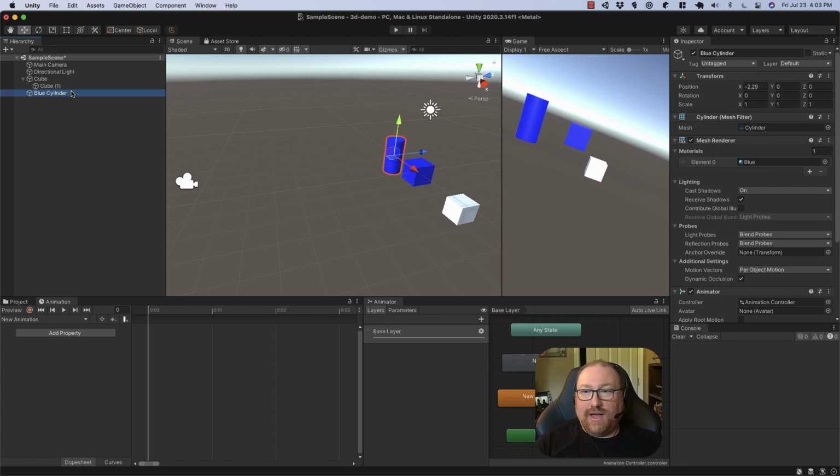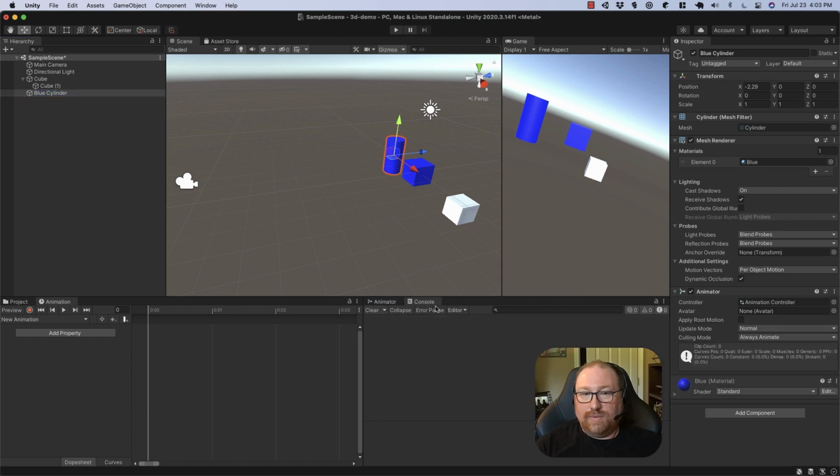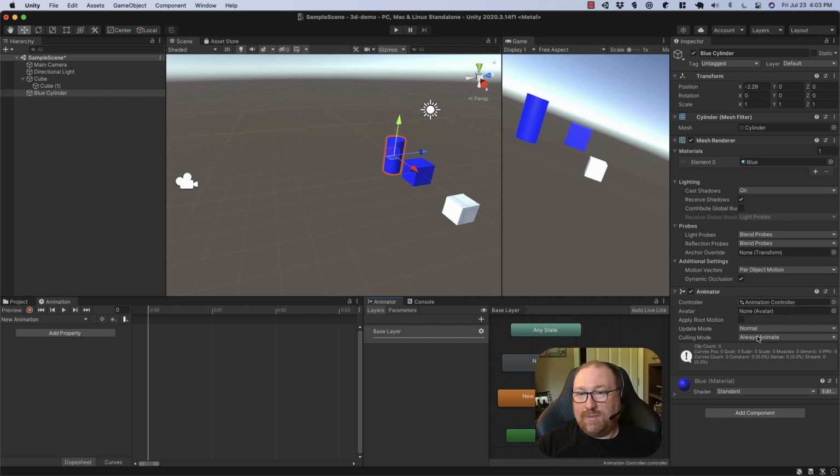So I've got my blue cylinder. I've attached an animation controller to it. And I've got an animator with an animation controller, and I've created an animation, and now I'm going to add a property. And in this case, I'm going to tweak its rotation. So I'm going to start out with it flat. Let's go ahead and